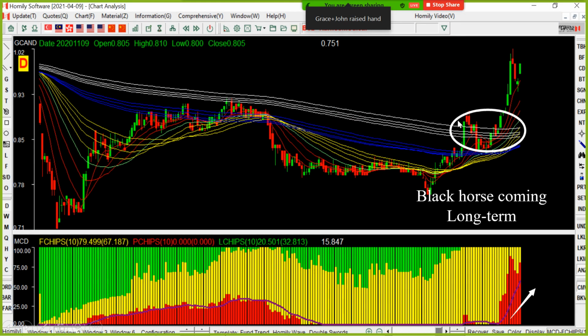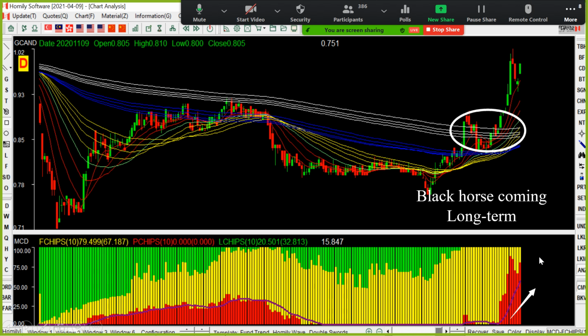Then we can see this is Raffles Medical. Raffles Medical also now rallies up. So I repeat again, now the Singapore market has changed. Some strong shares like the bank and property already rose up. Then some shares are still at the bottom, now trying to rally up. We must try to monitor. You see, Raffles Medical just sideways, crossed up the white rainbow, the red bar increasing.